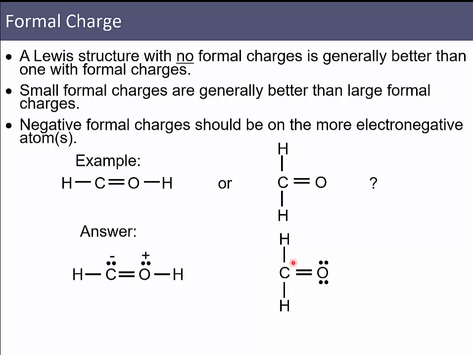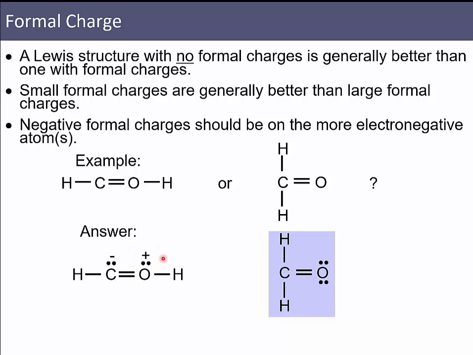And then on our oxygen, we'll do 6 minus 4, and then minus 4 divided by 2, which is 2. So it's going to be 6 minus 4 minus 2, which is 0. Looking at our rules for formal charge, we want to minimize the amount of formal charge. This one minimizes it, so we're going to select this as our best possible structure. In addition to not having charges, we want those at 0. We don't want to put a +1 on this oxygen if we can help it, because oxygen is a pretty